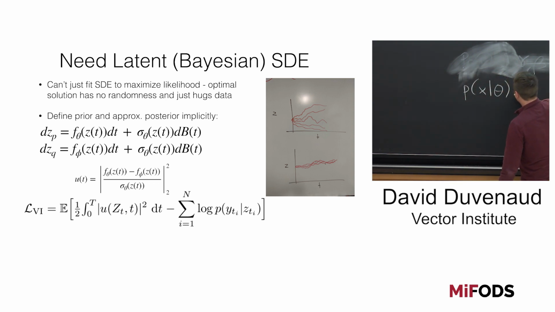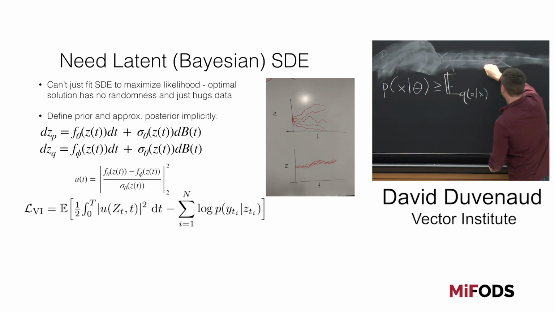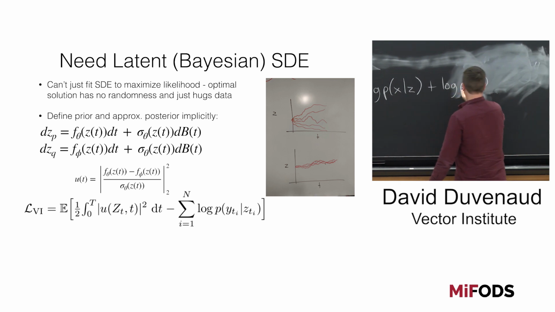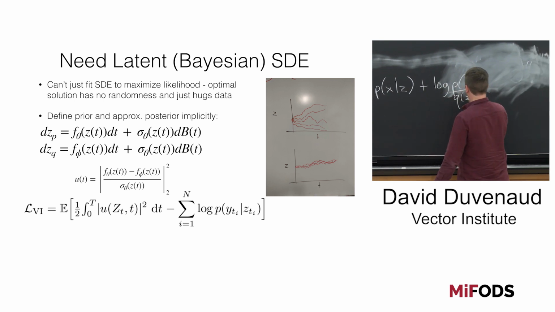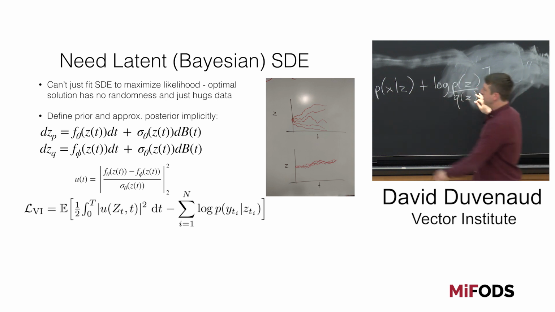Well, it turns out that there's this nice lower bound. This is the standard variational lower bound that says, OK, Q of z given x, this is just any distribution. There are lots of different ways to write the lower bound. This kind of represents, in expectation, the KL divergence between the prior and the posterior.